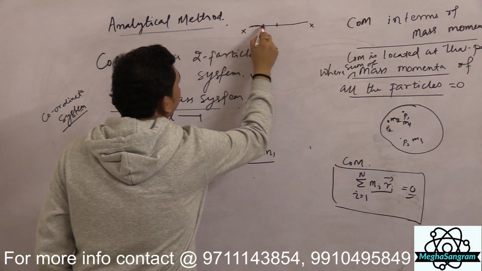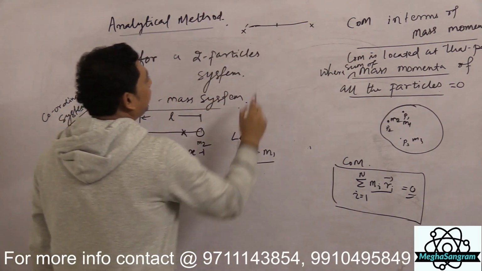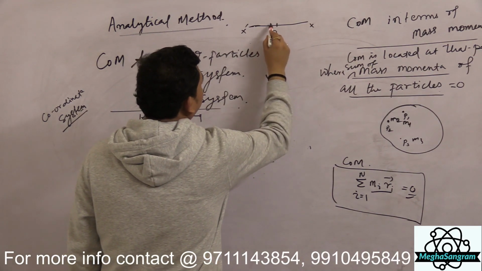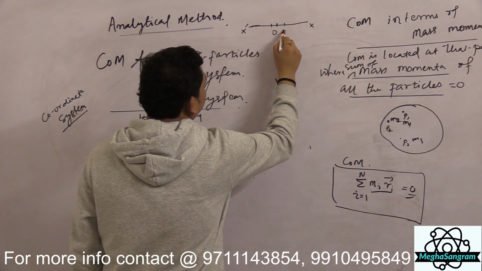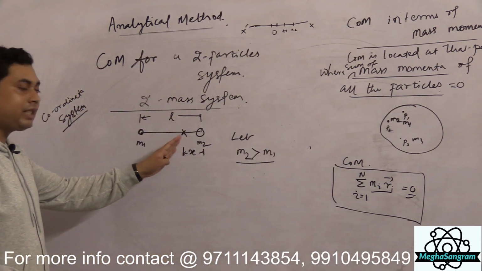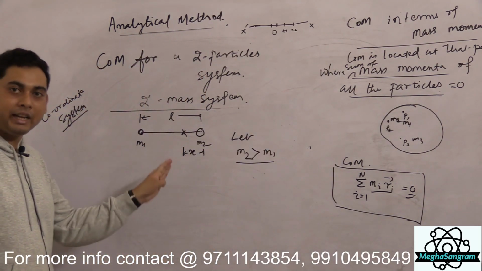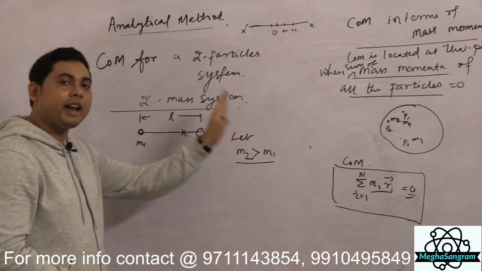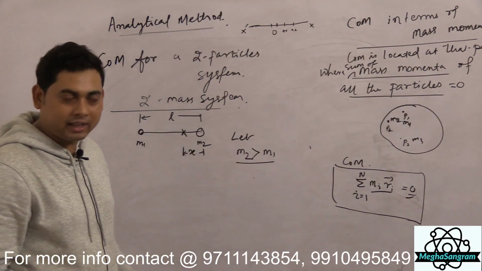point x0 or x dash, then this is the neutral point, and here negatives will start and here positives will start, +1, +2 likewise. Alright, so whatever is on the left side of the reference point we will calculate by putting negative, and whatever is on the right side we will calculate by putting positive.